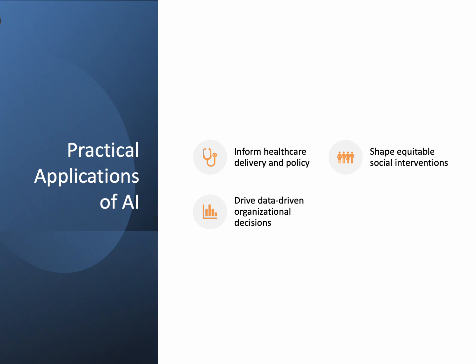Following research quality, let's explore practical applications of AI in research for healthcare management and social sciences. In healthcare, AI informs delivery and policy by predicting patient outcomes, optimizing resources, or enhancing diagnostics. For example, AI models might guide staffing plans in Canadian hospitals to reduce wait times or inform telehealth policies to improve access. In social sciences, AI shapes equitable interventions, like education programs to enhance social mobility, by analyzing trends in